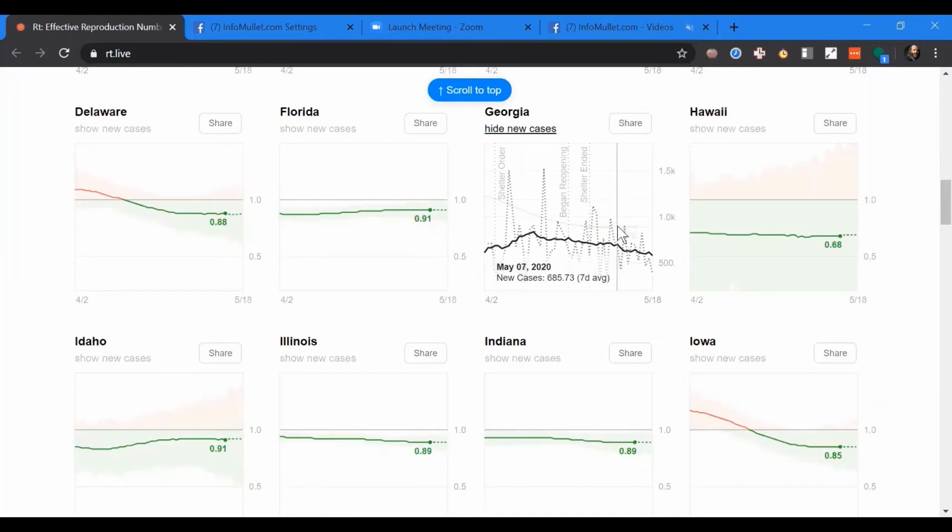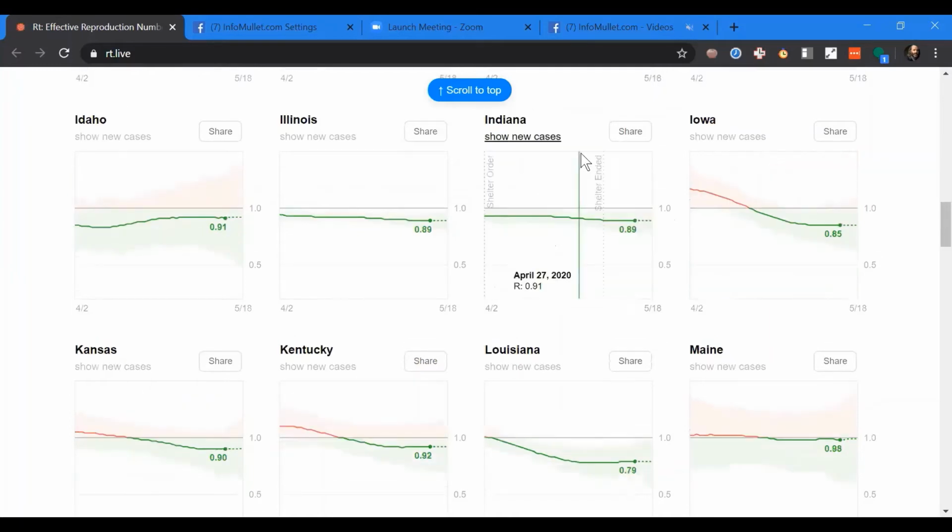Well, I guess no deaths happen on the weekend because every Saturday and Sunday the death count in Georgia goes low. But you can see here, for example, that Georgia is still averaging 580 new cases a day. And it's kind of declining a little bit from its peak, but it's nowhere near done. And you can look at some of the outbreaks.